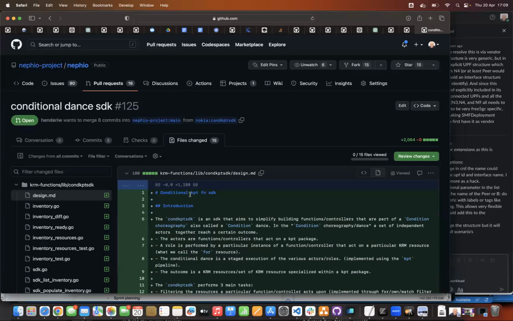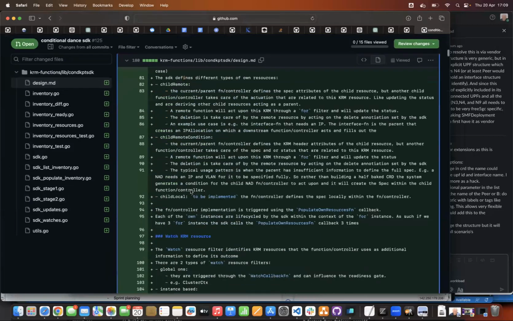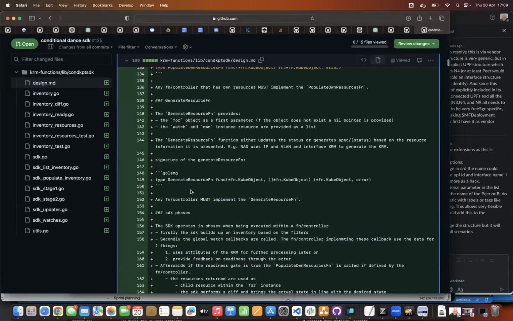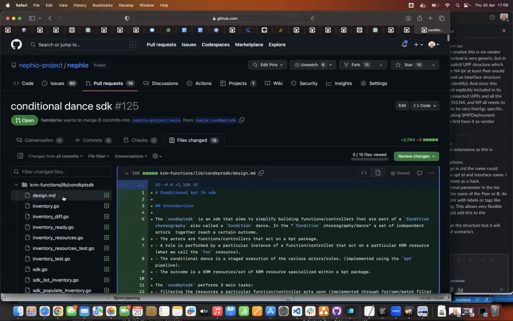This file is actually the design and how you consume it. What is missing at the moment from the SDK is the test coverage. So we are still adding tests here. At the moment I'm at 30%. So we are still adding the tests, but the rest, I think, this is a big one, right?